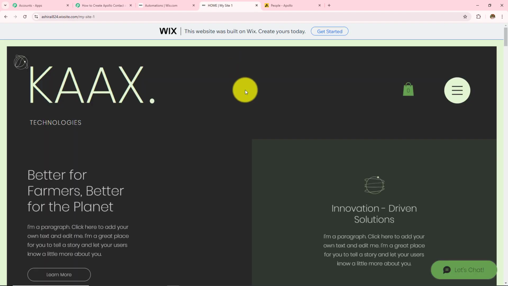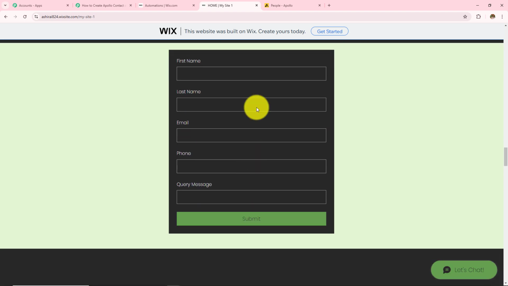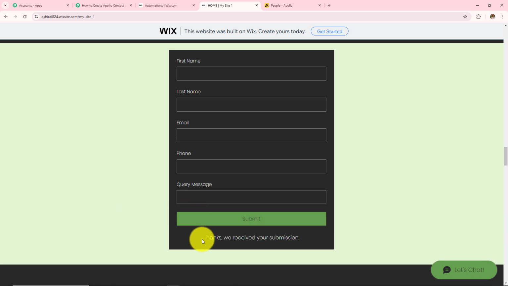So here I am going to open my form. And this is my form and now I am going to fill some dummy details in all these fields. So let's say my first name is latest, my last name is user. Here I have added my email address as latest@pabblitudes.com. My phone number is this and the query message is just testing. Now I am going to click on Submit. Here I have done the form submission and I should receive all these details in my Pabbly Connect workflow.